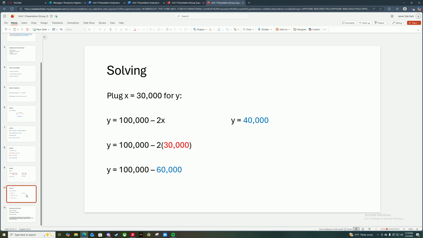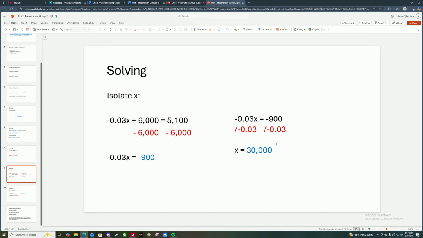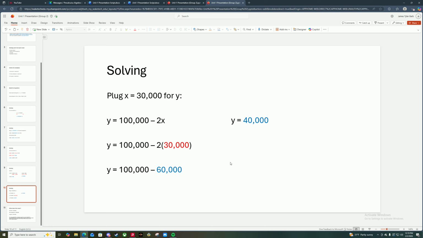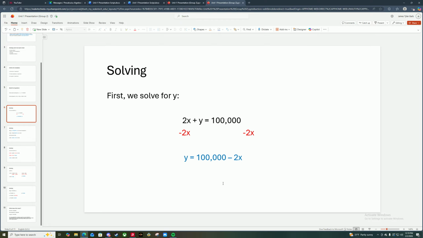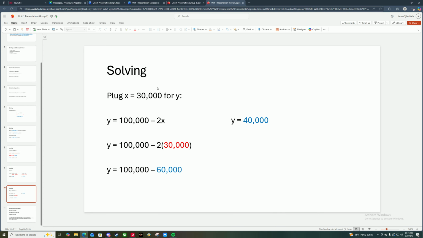So we know that x being 30,000, x being our short-term bond, and the intermediate being equal to that, we know the intermediate and the short-term are both $30,000 in principal investment. All right, now we're going to plug the $30,000 for x back into that first equation that we made, y equals 100,000 minus 2x. So we plug in the 30,000, y equals 100,000 minus 60,000, which leads us to